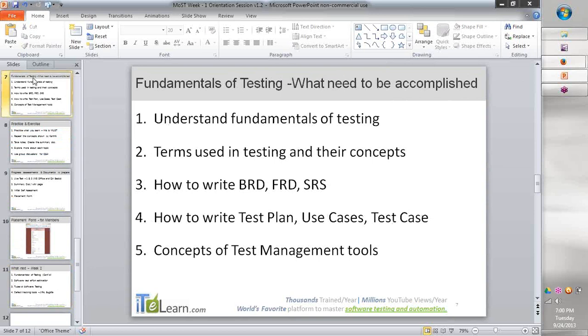Okay. The next one is fundamentals of testing. What is it that you'll do? You will understand the basic foundation level concepts of what testing is. You will get the idea of different terms, concepts, SDLCs, different methodologies and all those. You will know practically